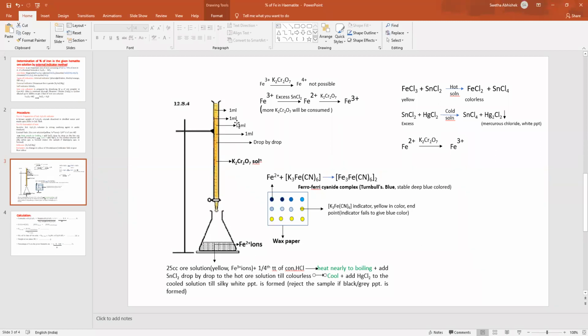Now what is the total volume? We have added 3 ml. Mix the reaction mixture and bring it in contact with the third drop of the indicator. Again it may give you blue color, but here you can observe the intensity of blue color is decreasing. Why is the intensity of blue color decreasing? Because for every addition of K2Cr2O7, the concentration of ferrous ions is decreasing and the concentration of ferric ions is increasing. Therefore, the intensity of the color developed by the indicator is decreasing.